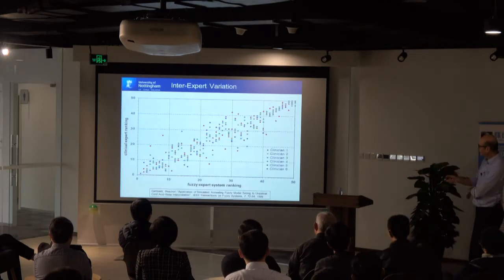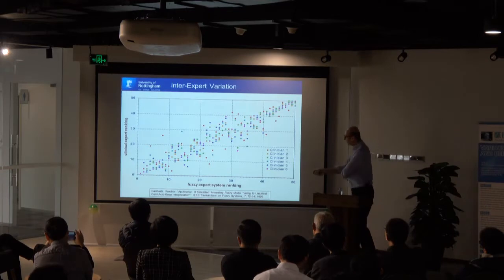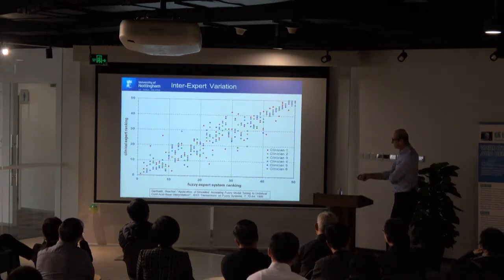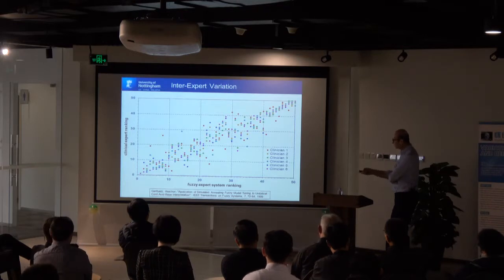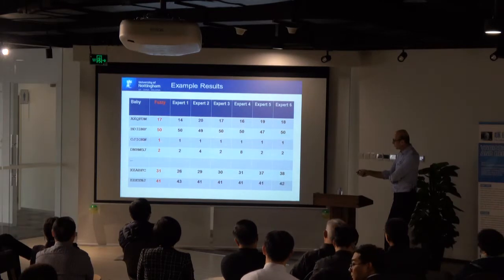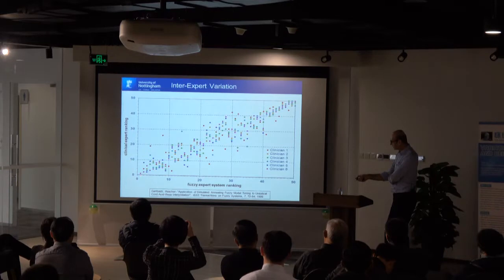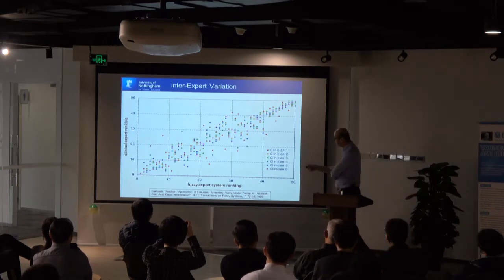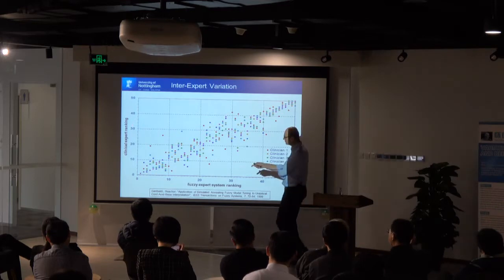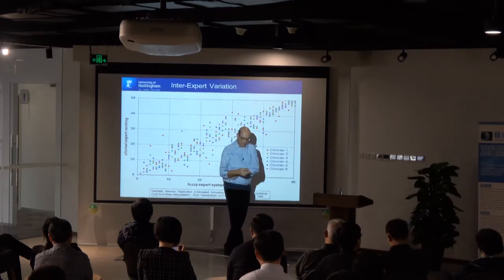I'm going to just transfer that data now into this graph. And I'll just explain now what this graph is. On the x-axis here, this is the number that the expert system gave it. So this baby number 1 appears at position 1 on the x-axis here. And then on the y-axis, I've plotted a dot at each position that my 6 experts put that baby.